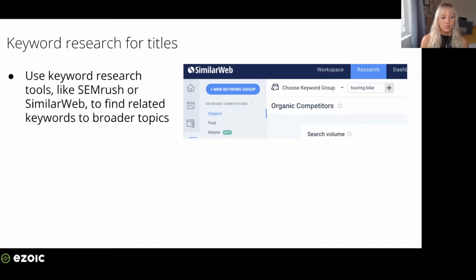So you can use multiple phrase matches within one single piece of content. You don't just have to pick one. Some good ones to choose from in this particular instance might be ones related to the different types of touring bikes, such as steel, titanium, maybe gravel touring bikes. You can use multiple of those within the same content, and you can use them as H2s, which we'll get into a little bit further.